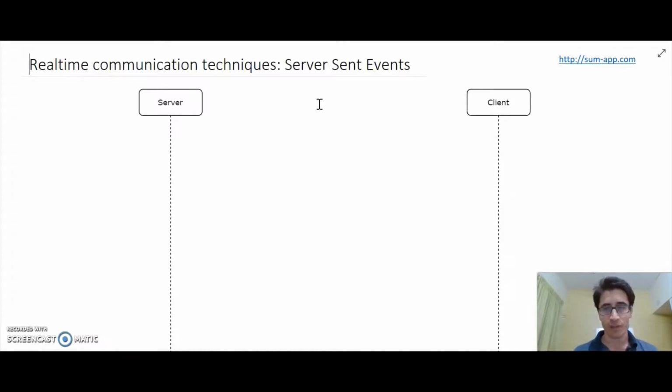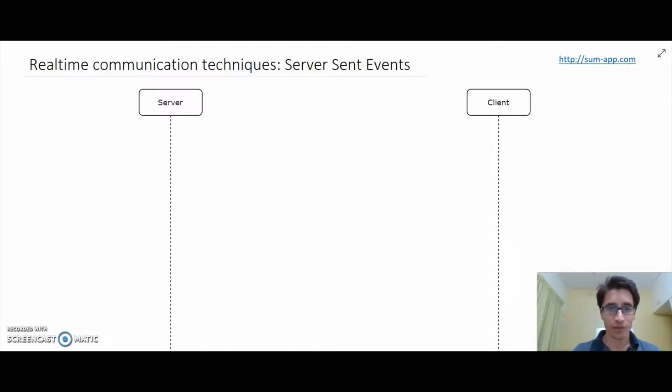So whenever you are downloading or streaming a video or downloading a huge file, it would open the connection between client and server, in which after a certain point in time, a new chunk of data arrives from the server. As the name suggests, it's only a unidirectional flow from server to the client.